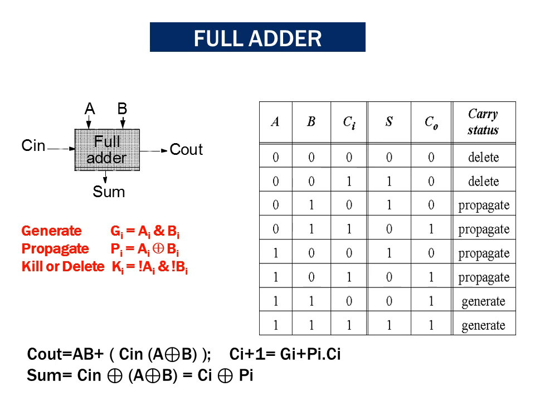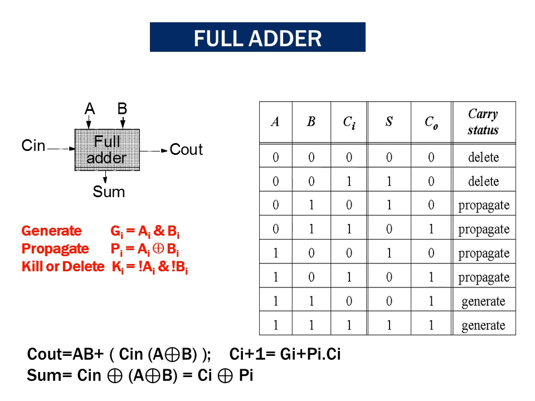Whenever A is equal to B is equal to 0, then actually carry will be deleted or killed. Meaning what? Whenever the C in is equal to 1, despite that fact, you will be getting the carry as a 0. Here C in is 1, here you are getting C out as a 0. So despite C in status, you will be getting the C out as a 0. So that is how it is called the carry kill.